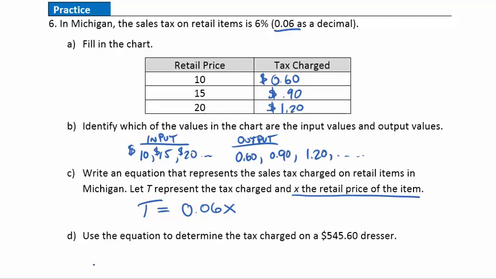Question D, use the equation to determine the tax charged on a $545.60 dresser. Well, all right. So the tax charge is going to be just this, 0.06. I'm going to substitute this value in and multiply it out. Okay, so this is what I got for my decimal answer,